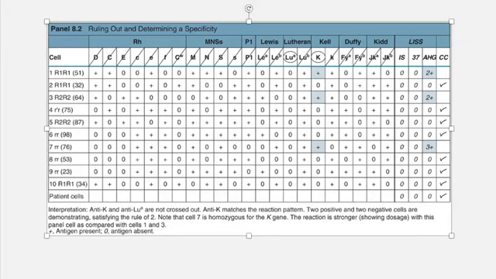Panel cells that are heterozygous should not be crossed out because the antibody may be too weak to react, or it might be exhibiting dosage. So it's preferable to rule out using homozygous cells if possible. So that's where that homozygous versus heterozygous expression comes into play. And let me see if I can find an example of that on here. Where are my M and N? Okay, so